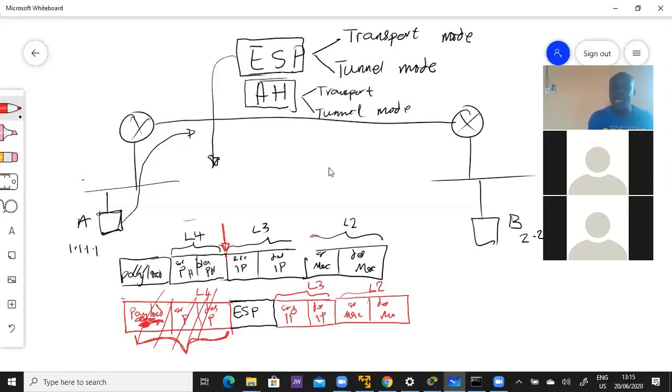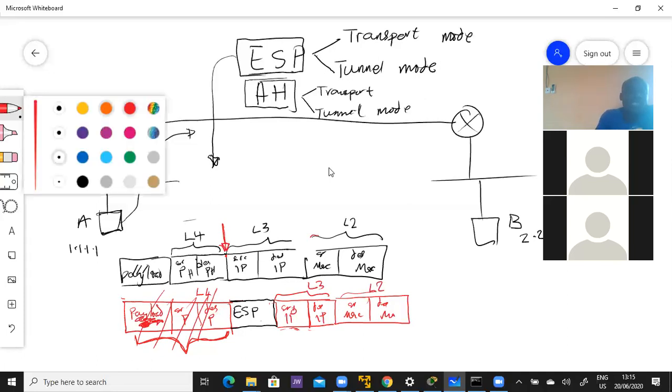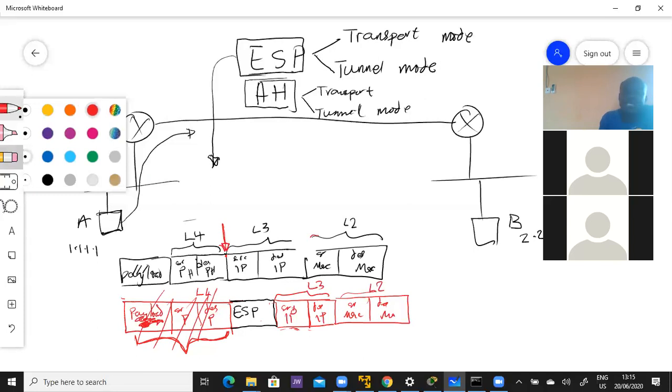So the IP address of the actual packet can be seen by any hacker or anybody who wishes to see the IP. After all, IP address, what at all can you do to IP address? Nothing. So that is the transport mode. But with the tunnel mode, ESP is actually going to encapsulate the entire